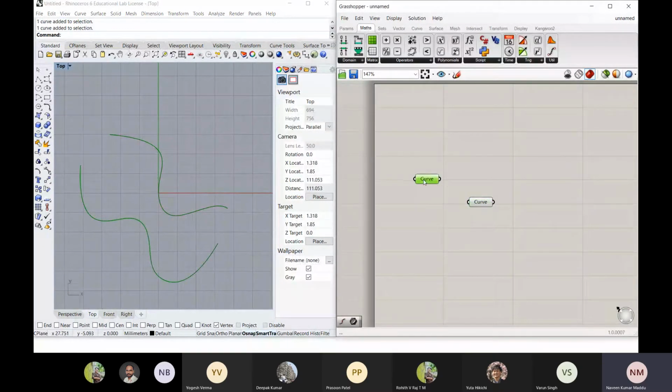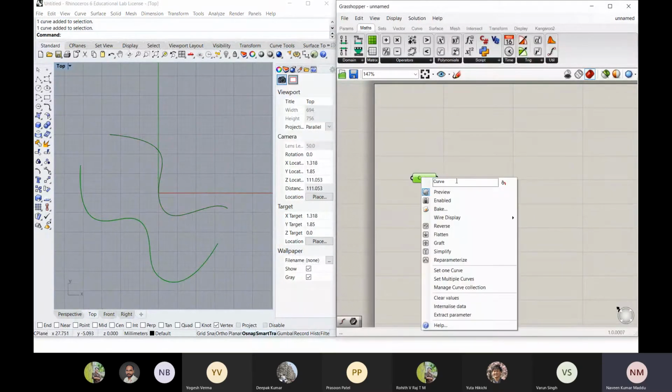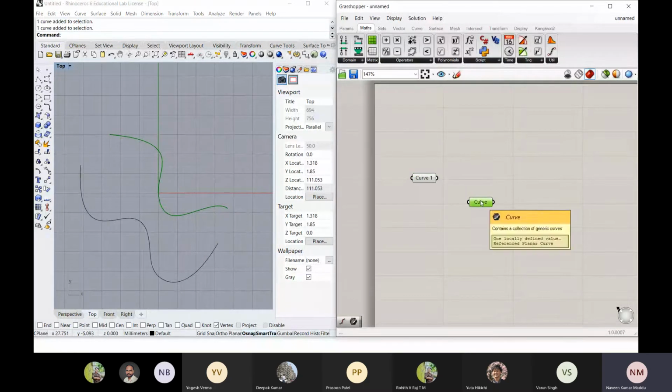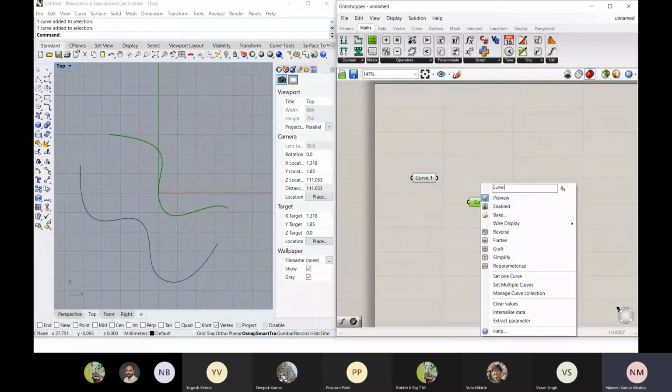So this is this curve and this is this curve. If you want, I can write curve 1 and curve 2.